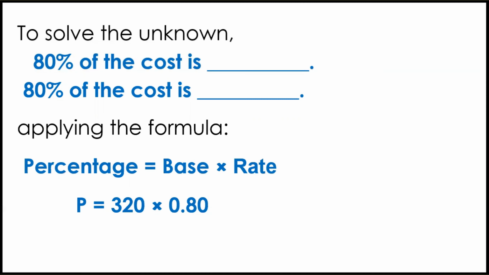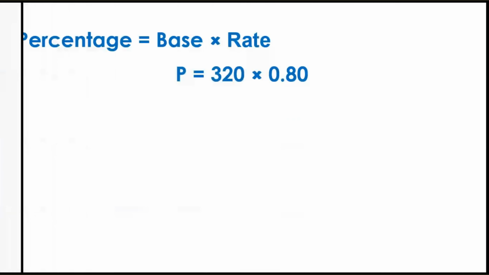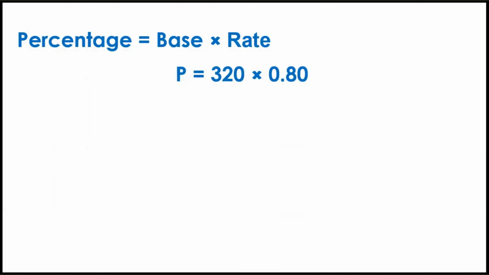Yun po yung percentage natin times 0.80. So percentage equals base times rate. And then P equals 320 times 80. Yung 320 yun po yung kabuuang price, no? So 320 times 0.80